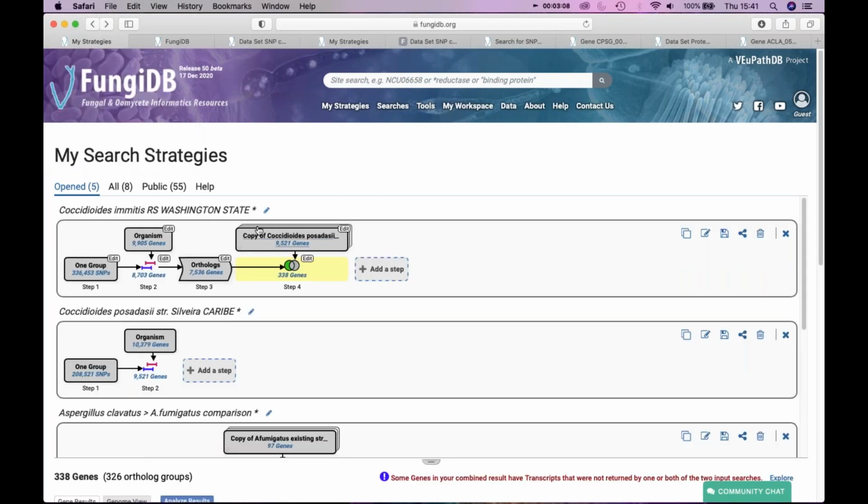And I will go back to my main screen and show you that I have pre-run these strategies already. And here's my data set for the Washington State. Here's my data set for Caribbean areas. And what I have done, I went ahead and cross-referenced SNPs that were detected in these data sets with individual genes, and essentially mapped SNPs that are located within genes. And my results indicated that I have several thousand genes that return